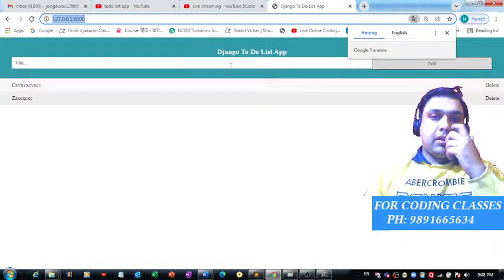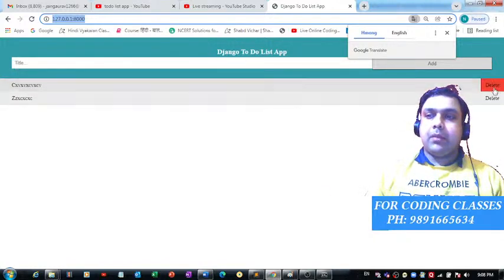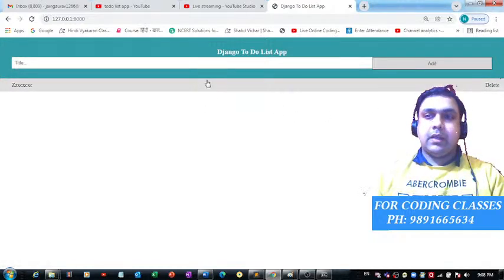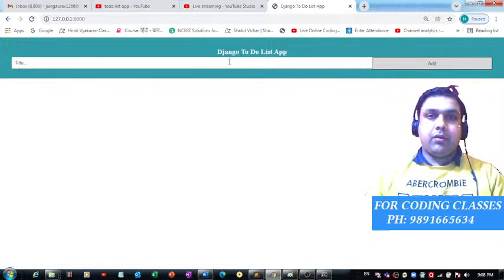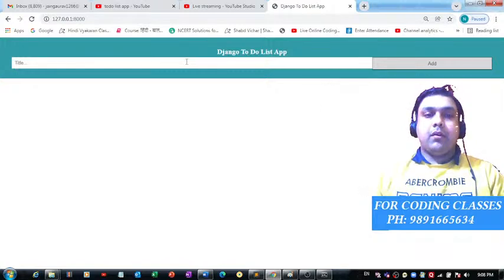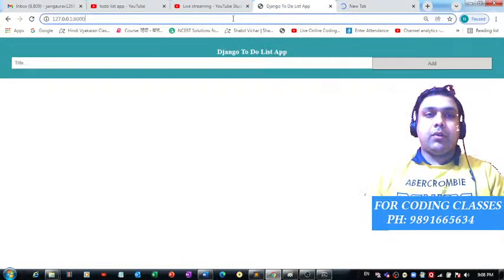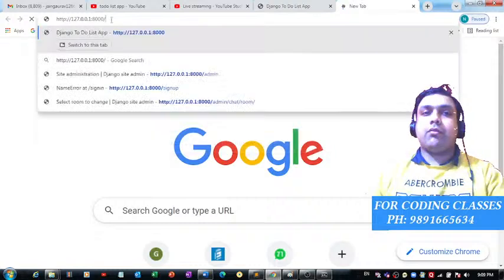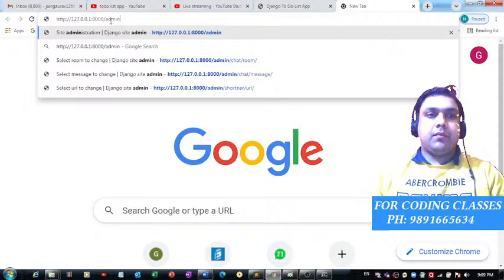So that's the Django to-do list application. Let me delete these entries which I made earlier to check whether this application is running fine or not. Yes. So that's the home page of the Django application. And for accessing the admin panel, you can put a slash, and after that use the admin keyword for accessing the administrator panel. Right,